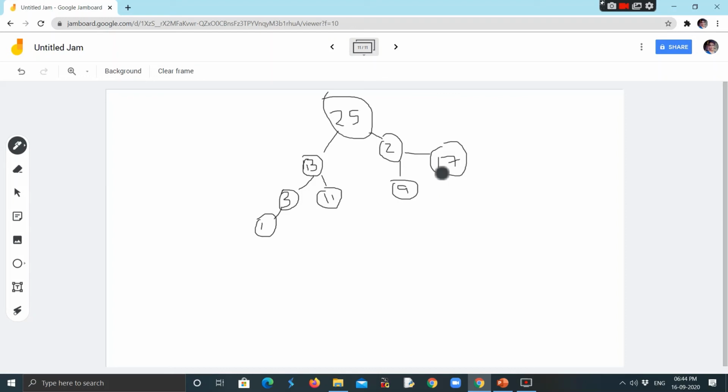As you can see here, 2's value is less than 17, so 17 should take its place. Once again we'll write it over here itself. That is 25, 13. These remaining elements are as they are, no changes.